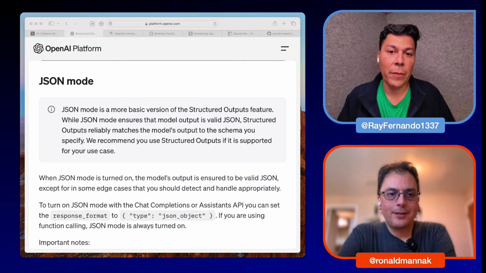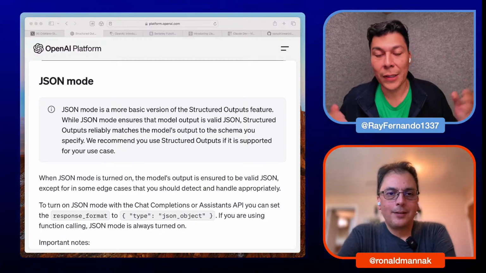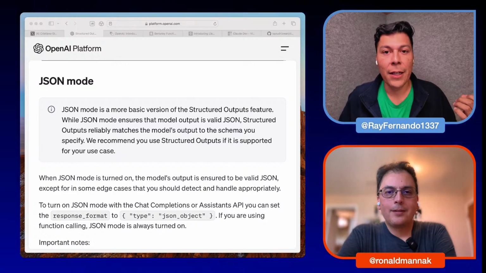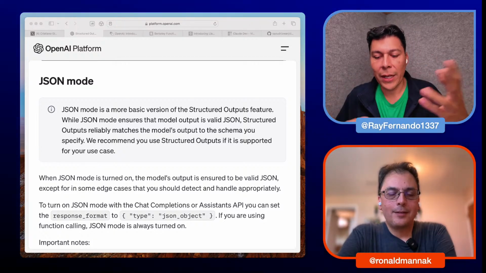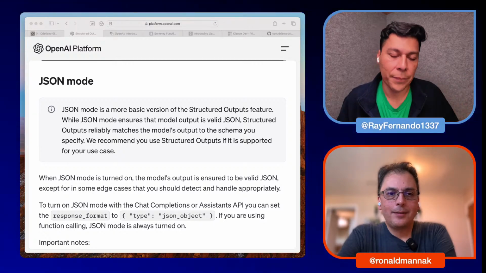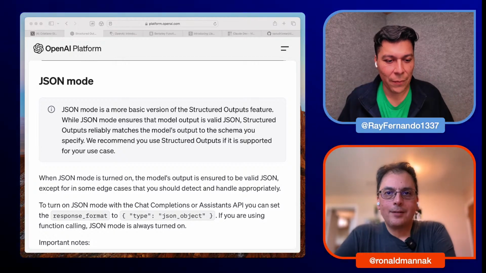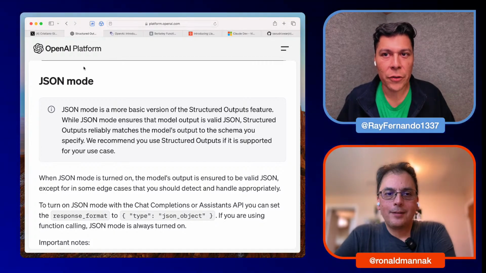And that was a big problem for many developers. In fact, many developers started to develop their own frameworks, from the likes of Pydantic and some other things that have been mentioned, to try to address this problem that LLMs spit out things and make things up, or make up values, or return things that are not really valid JSON. And this is now their actual attempt to do this with their latest release, with the JSON structured outputs.